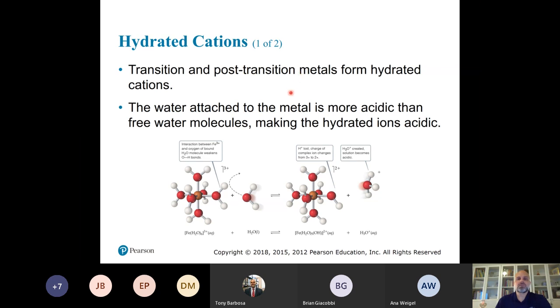And they basically form what are known as hydrated cations, where the water attached to the metal is more acidic than free water molecules, making the hydrated ions acidic. So we're looking here in the center, we have the iron ion. So the iron ion is in the center of the molecule here, and what we're looking at here is,